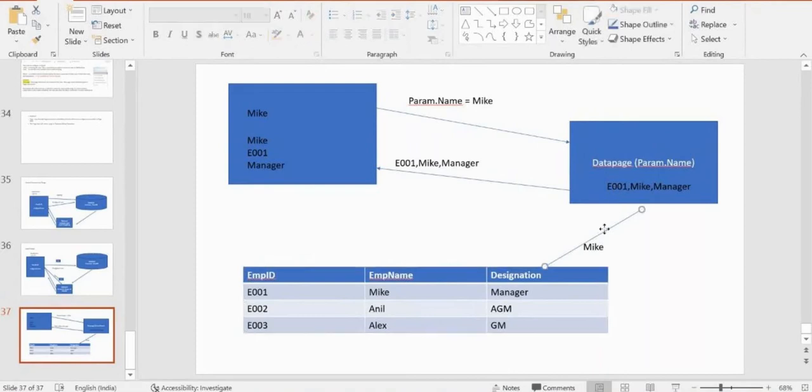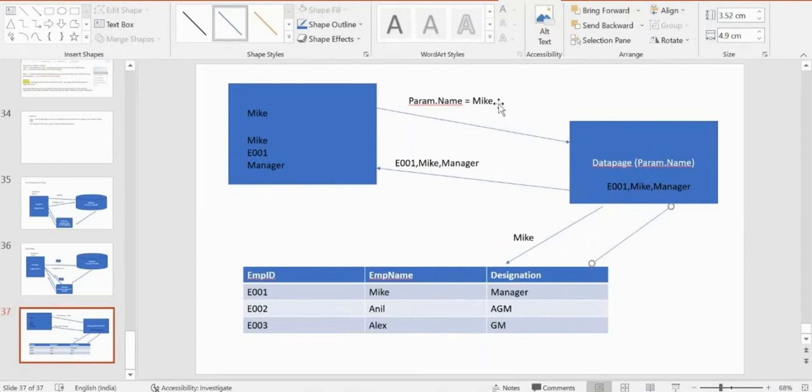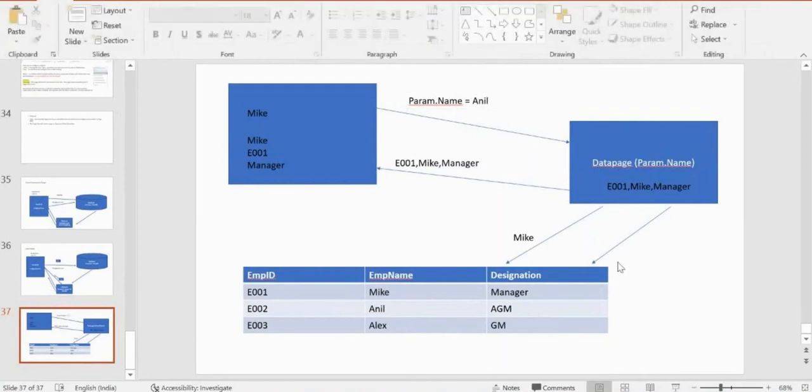Only one data page, based on the parameter, is retrieving the data. But what is the data page doing with respect to the database? Whenever it is Mike, it has to hit your DB and get the details of Mike. If you want to call Anil the second time, again you will be sending the request. Only one data page is here; don't think that it is two data pages.